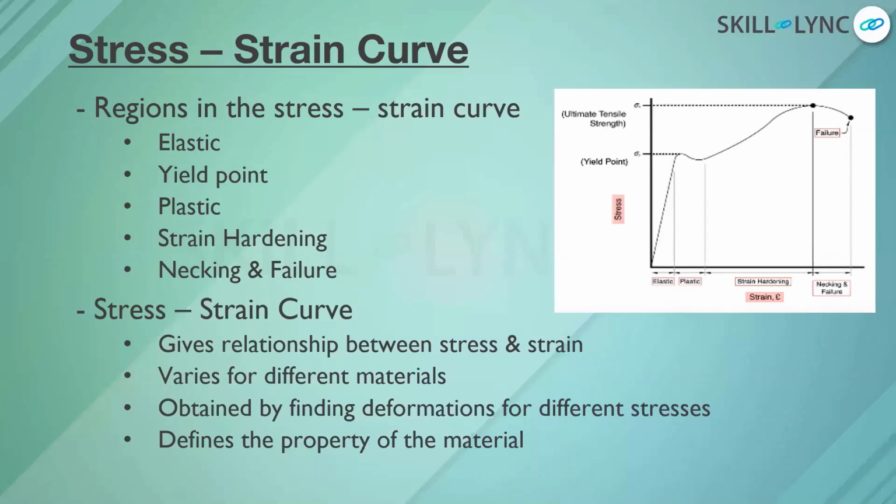If you take the elastic region, this is the starting of the test, the first stage. The deformation here is temporary. This is called the elastic deformation, and the specimen can always return to its original form once the force is removed. And in the plastic region, where the yield point also comes, the deformation is permanent. This is the plastic deformation, and this stress is the yield stress.